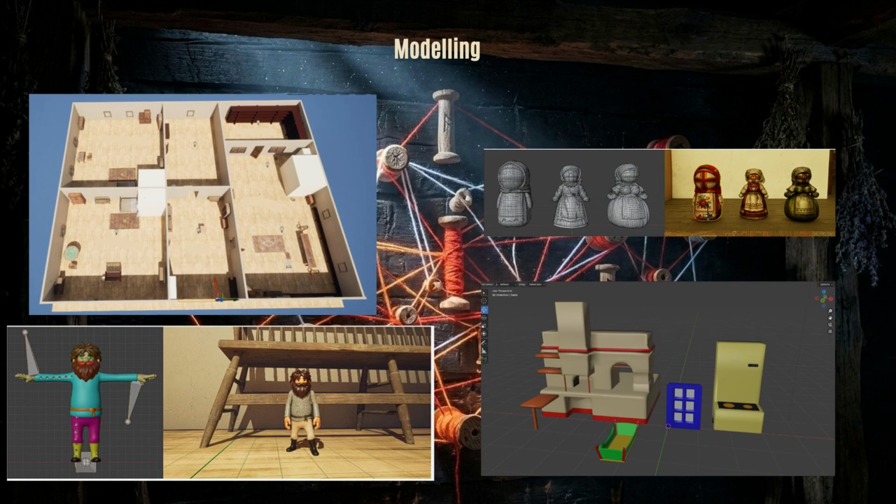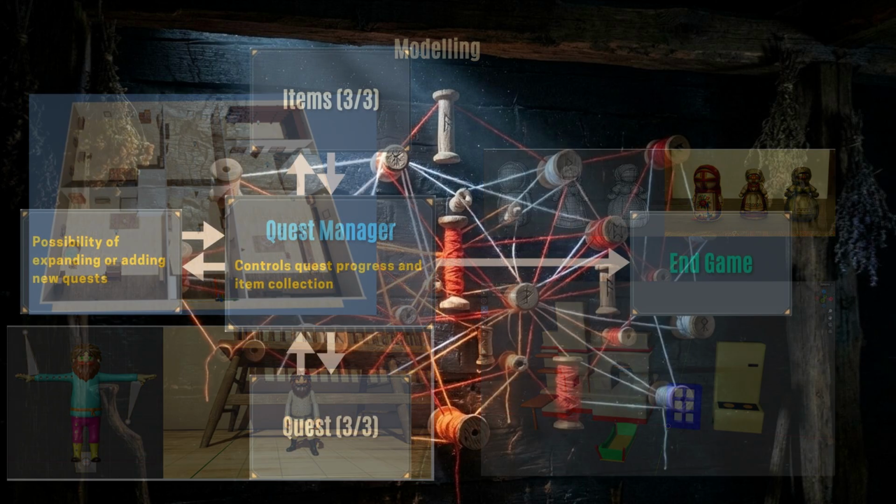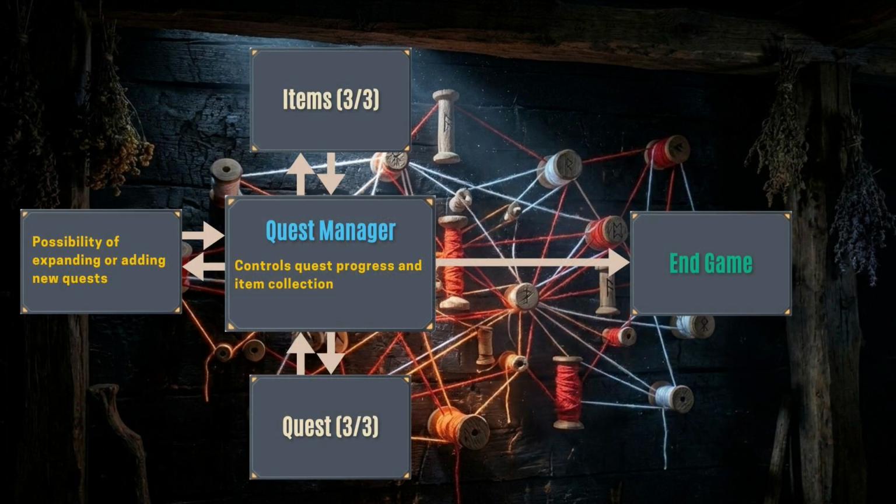One interesting challenge was adjusting the camera and movement speed to create the physical feeling of being a small creature in a large world. The house was first built as a blockout to test navigation and later filled with detailed and culturally appropriate assets. A new system for me was the quest manager. Instead of placing logic inside each object, I created a central system that manages all quests, while objects simply send events. This made the project much more flexible.